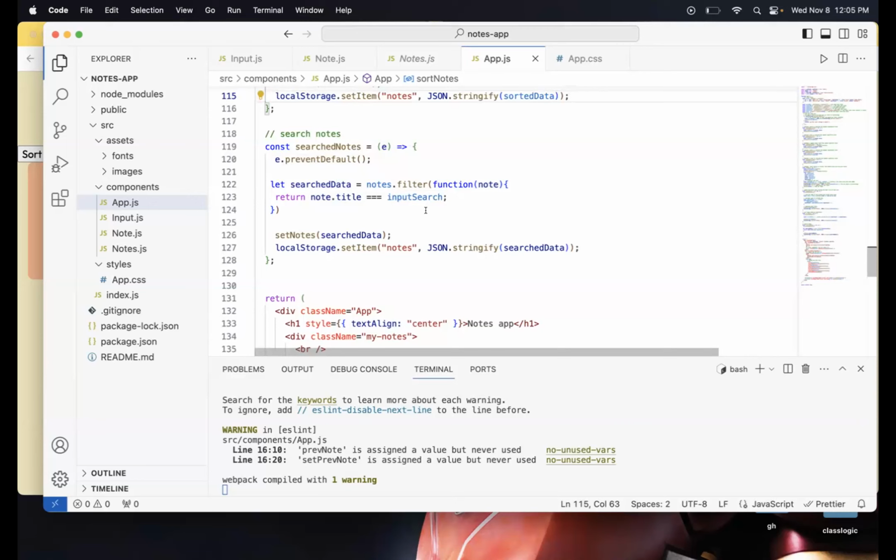This is essentially just like dot map. I think we covered all those functions, the callback functions over there. So it's the exact same idea, but this one does something different, like it's just filtering out the objects. Why don't I let you guys kind of soak that in for a bit?